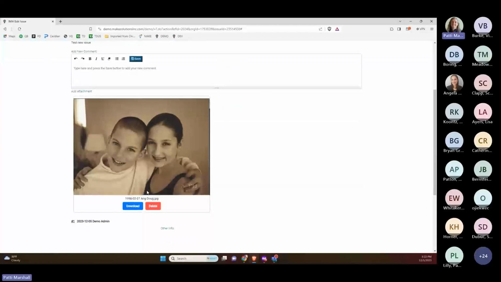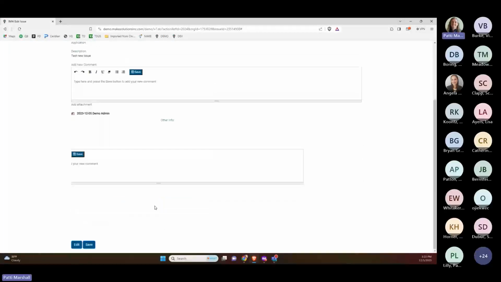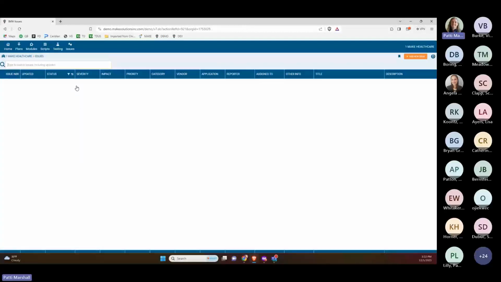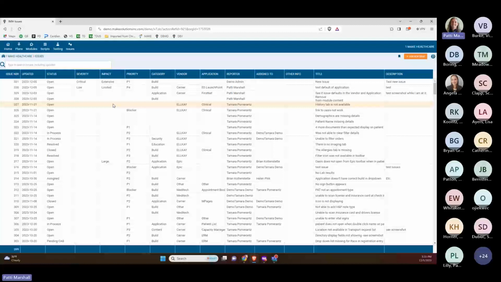Yeah, so it shows you the preview. And then if you want to get rid of your attachment, you just click delete. But anyway, it's much nicer to be able to have everything face up in screenshots and not have to continuously open and download attachments. The other thing that is kind of cool in issues, if you're managing a test round,